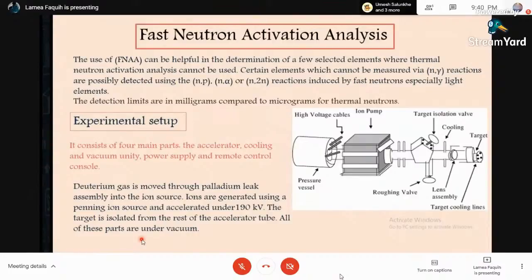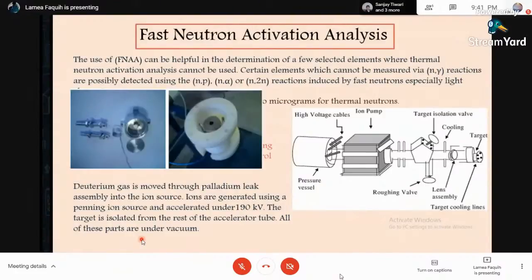an ion source. The ions are generated with the help of a Penning ion source. Basically, this is what a Penning ion source looks like. It's nothing but an ion source that works to establish high voltage and low pressure. So finally, its work is to discharge ions basically. So ions are generated